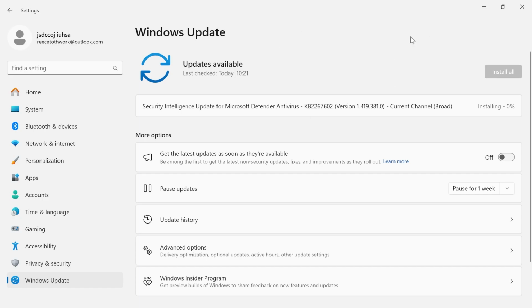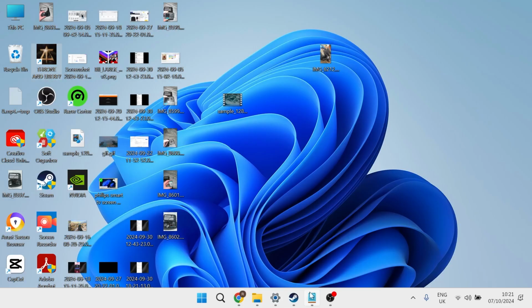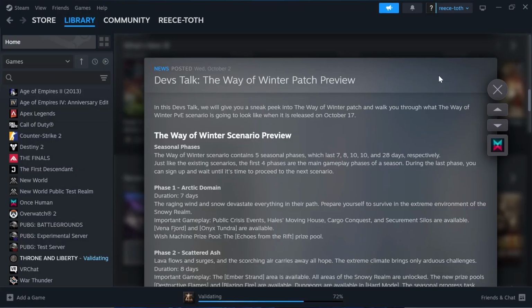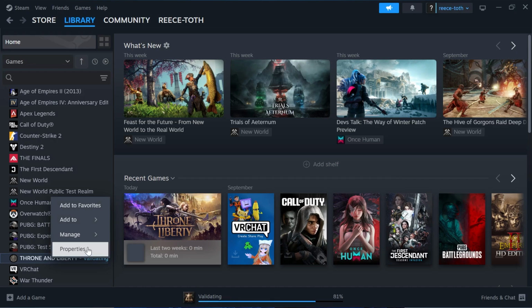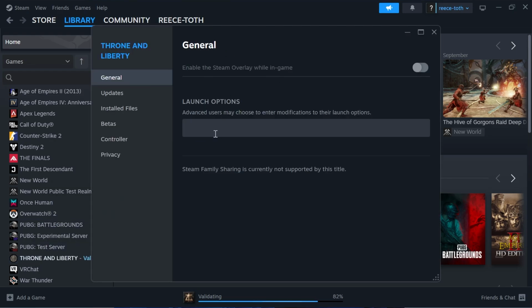If you do have outdated software, then you'll need to go ahead and install that now. Once you're fully up to date inside of Windows, we can then head back over to the Steam application, and if you're still not able to launch the game, the last thing I'd recommend doing is right clicking on Throne and Liberty in the game section, come over to Properties, and inside of General you'll see this section for Launch Options. Now inside of here you just need to type in the